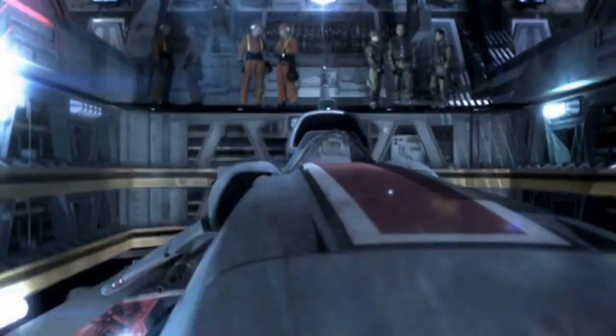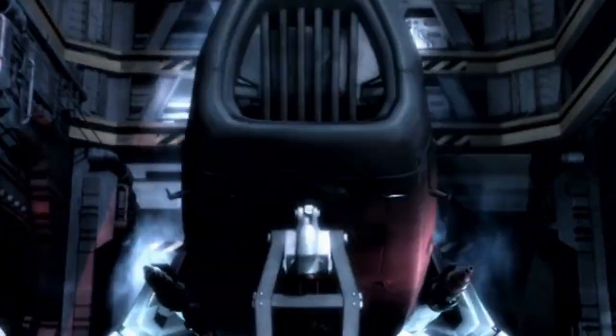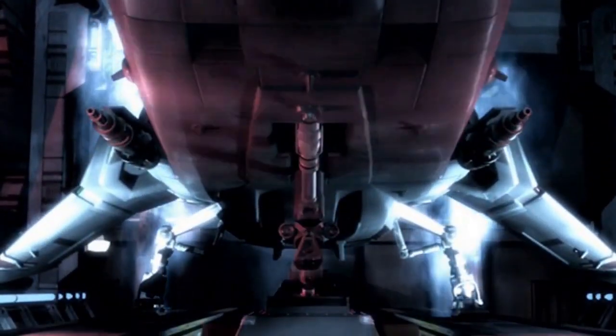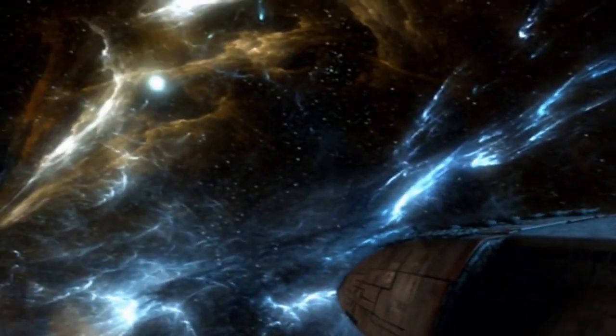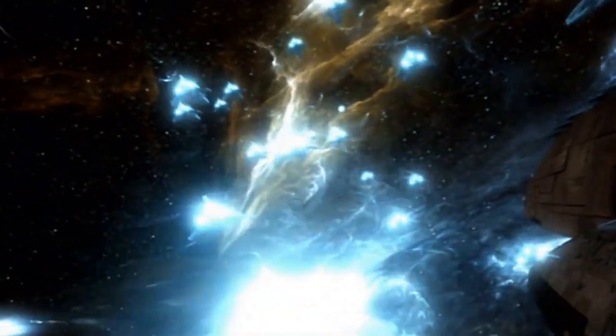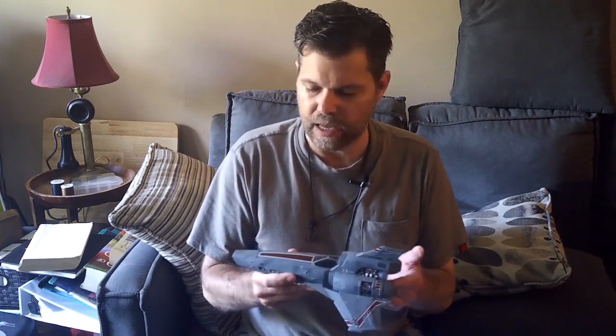comparable to a McDonnell Douglas F4, which is actually my favorite fighter jet. It's bigger than an F-16. The Mark IIs could be an F-16. It's smaller, nimbler, and highly usable, but there's not much to them. The Mark IIIs, given their size and stuff like that, it's a more believable craft, more believable design, and